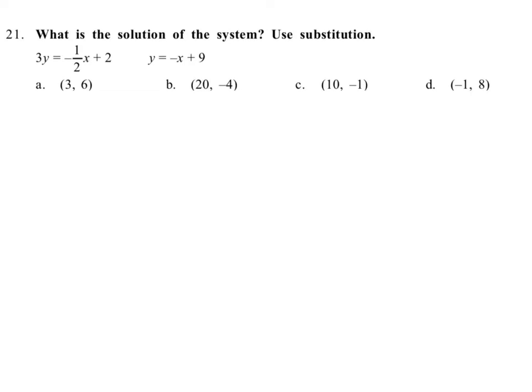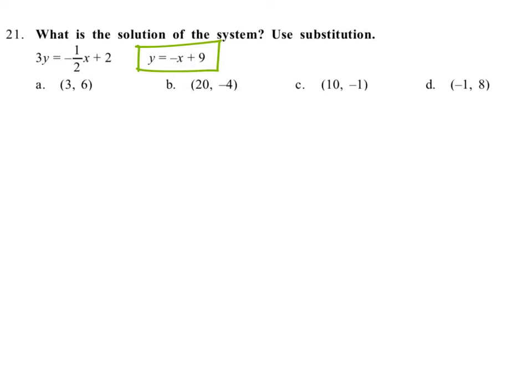All right, what's the solution to the system? Use substitution. Basically, we're going to solve for one variable, and if you look at these equations, you can see that this second equation is already solved for y. It says y equals. It doesn't have a coefficient other than 1, and it doesn't have some other numbers. It just says y equals. You can either have y equals or x equals, either way, and then you just substitute